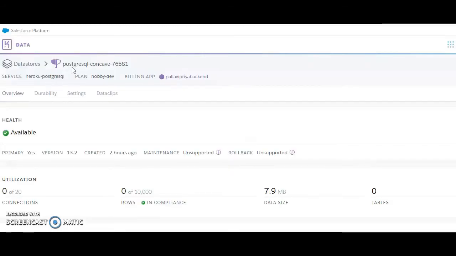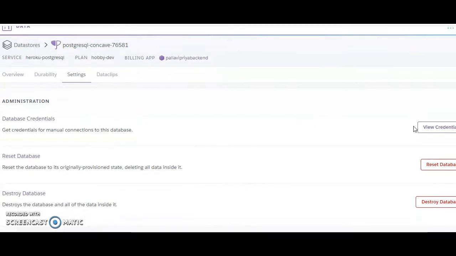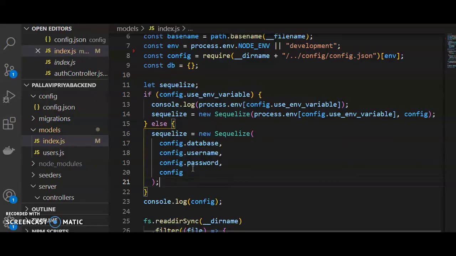Now while it takes time to load, let's see what else we have done so far. Here, this one is the add-on that I have used in Heroku. It comes by default in the Heroku platform. That's the Postgres database, and whatever credentials it has, we'll get in the settings section. These are the credentials for the production environment, and you have to take all the credentials and put them in the config.json file, so that it gets configured at runtime. When we are deploying, we'll see that live after some time. So these are the variables: database, username, passwords.